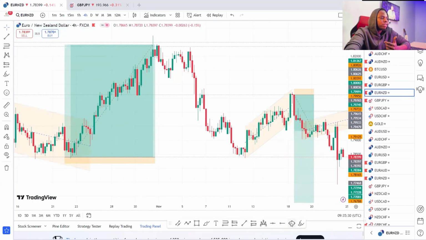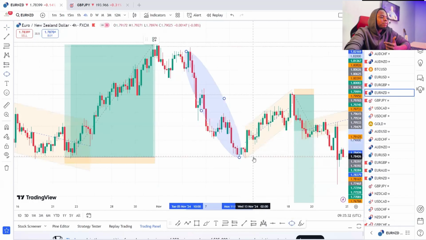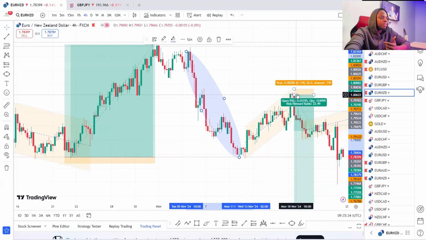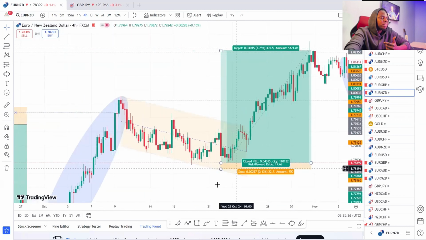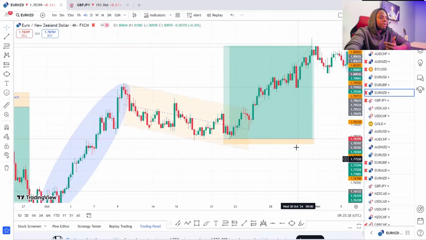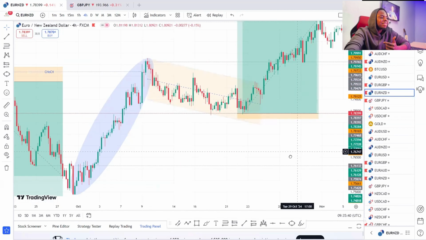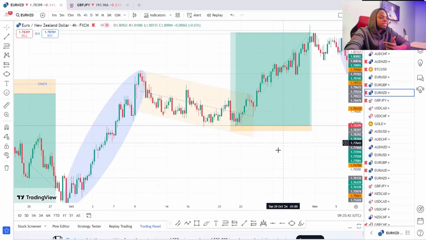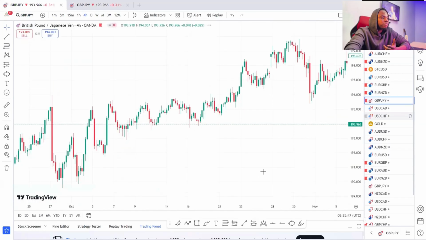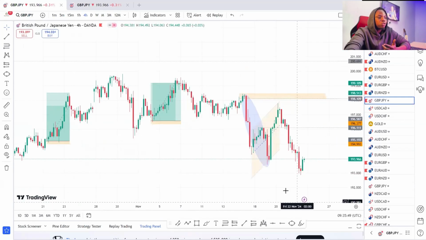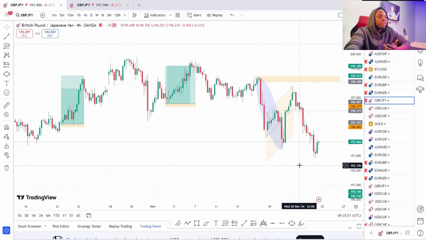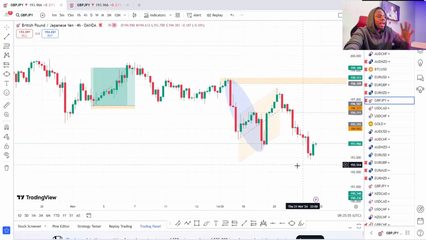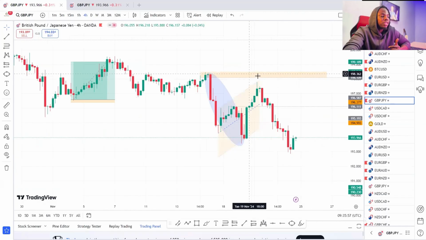Okay, let me check Euro New Zealand. Oh, okay, we had that same concept here on Euro New Zealand. Can you see? We had this drop to the downside, and what happened? The market gave us a correction. We took a sell, and that same movement has given us a buy movement. Can you see what we have here? Impulse movement, correction, impulse movement. So all you want to do is find a way to join the market when the market wants to create. Okay, I had that same concept here on the GJ.